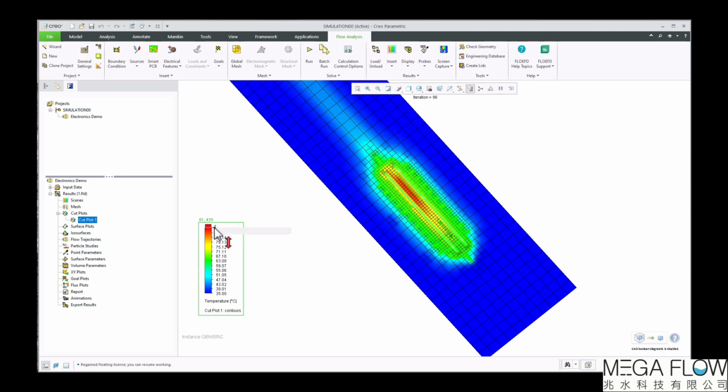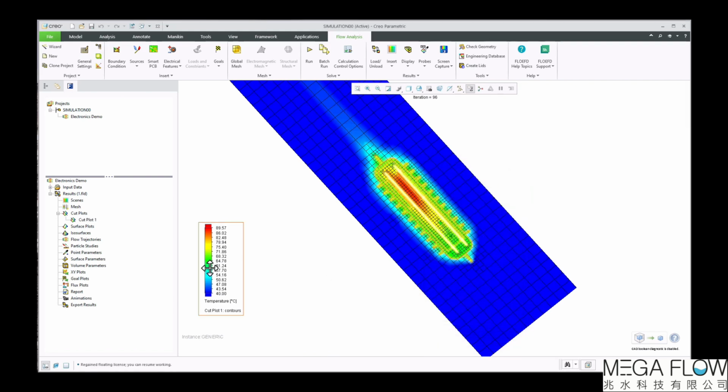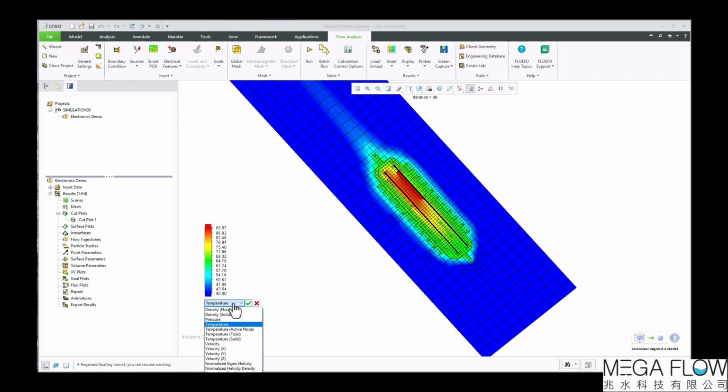Or if you click on this arrow again, you can reset the plot maximum here. Hit OK. You can also do the same for the minimum here. There are other visualization options by going to right-click Appearance, where you can modify the text, palette size, background, and so on. If you also hover over the scalar temperature, you can change the scalar just by simply selecting here